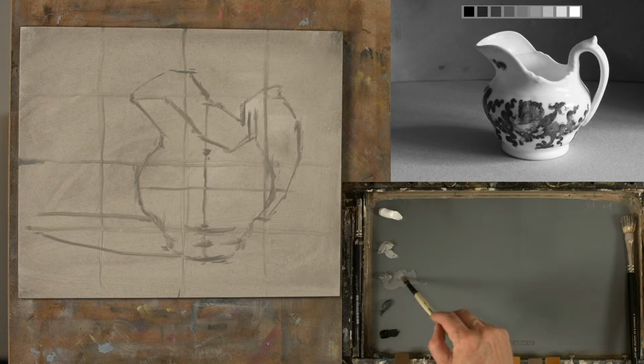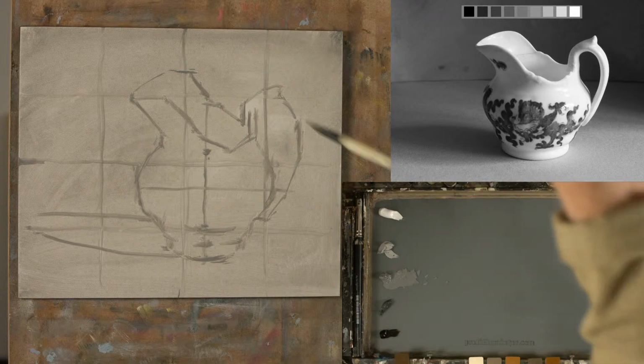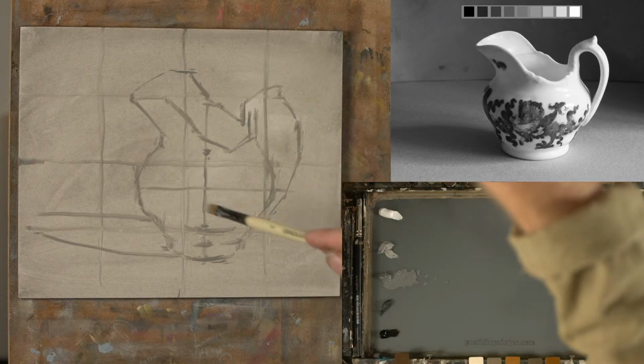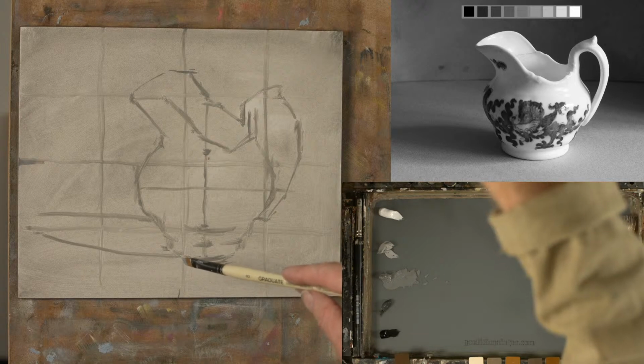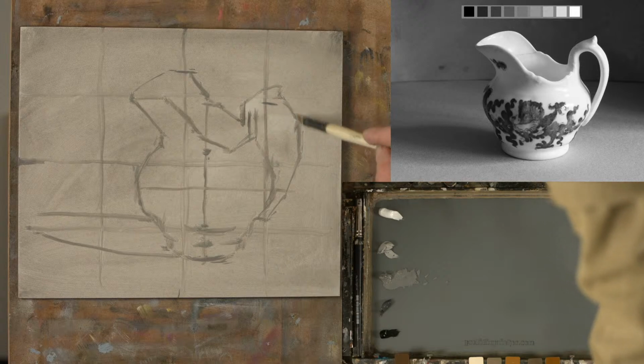But I'm not going to do anything about the pattern, okay? We're going to approach that in a little while. But I do want to start thinking now about, imagine this as a white jug and think about where the division of the light and the shadow is. So on the handle here, I should probably finish this bit of handle. On the handle here,